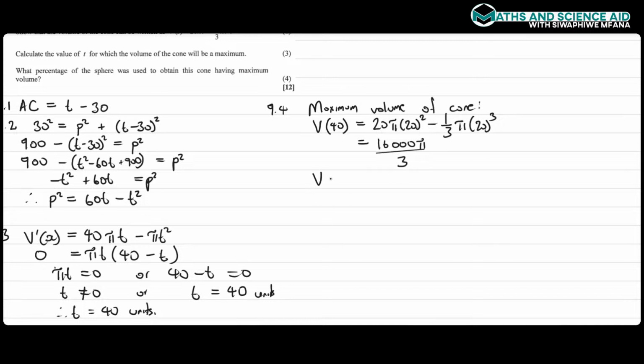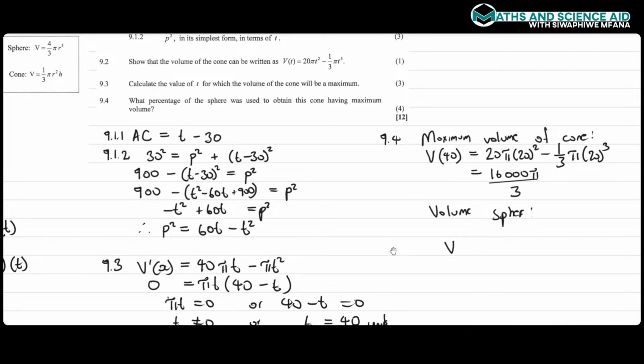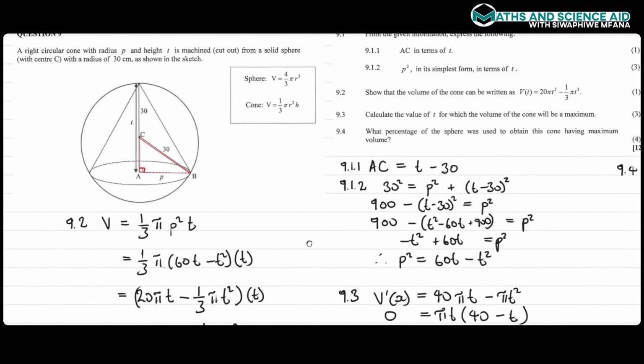Now, the next thing is to work out the volume of just the sphere. What was the volume of this sphere to begin with? Then we'll be able to work out what percentage of it was used. Luckily, we are given the formula for the volume of a sphere: 4 over 3 pi r cubed. Remember that the radius of the sphere was also given as 30